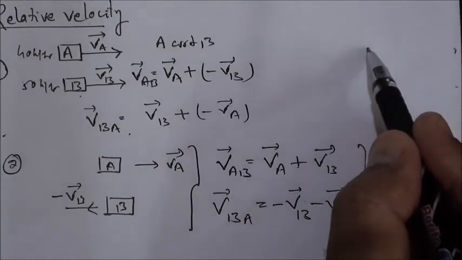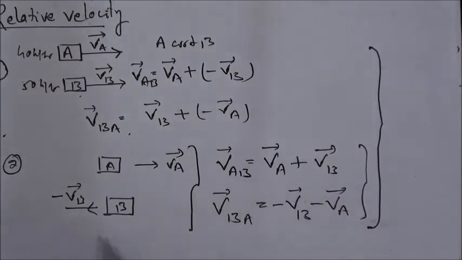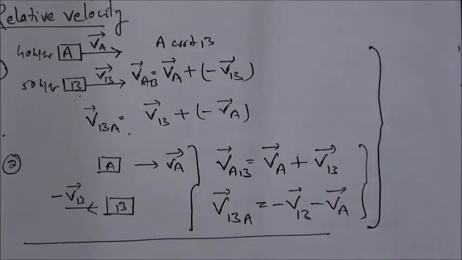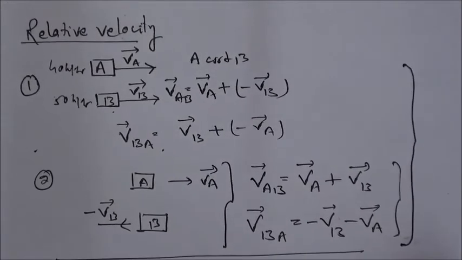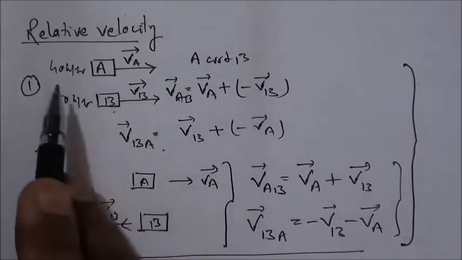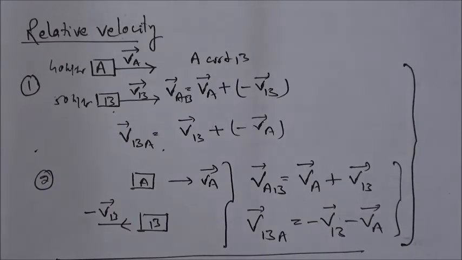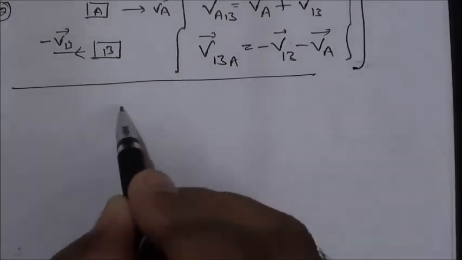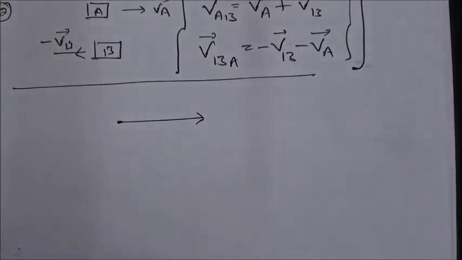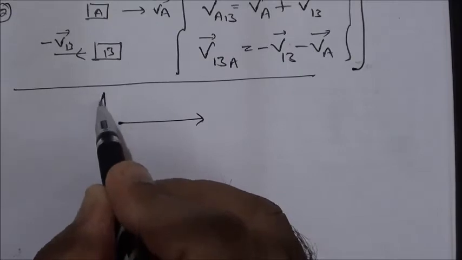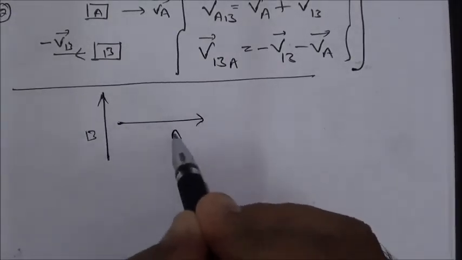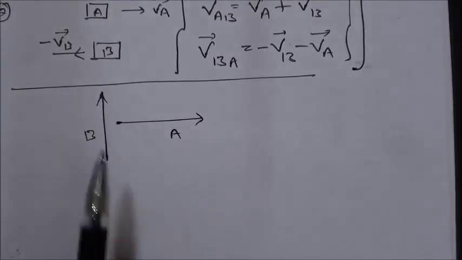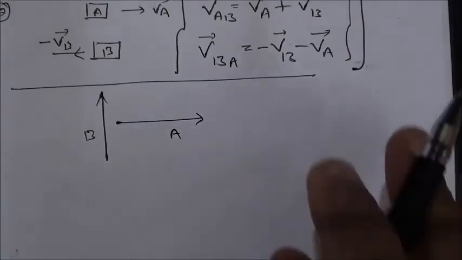Now on the basis of these four results, can we generalize the situation? Meaning, if we don't give you the velocity of the two objects along the same line, but at some angle, then how will we calculate? Say for example, there is an object A moving in this direction, and another object B moving in this direction. Find out the velocity of A with respect to B or B with respect to A. Then how will we calculate?